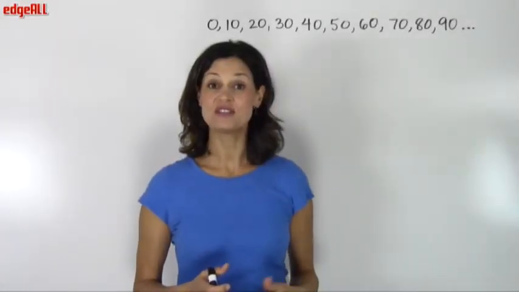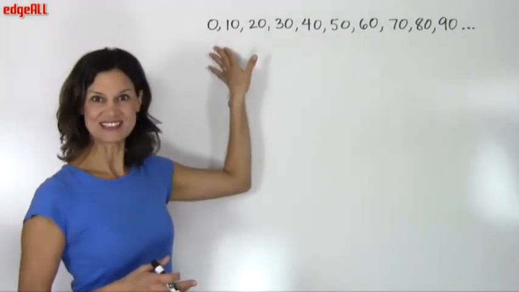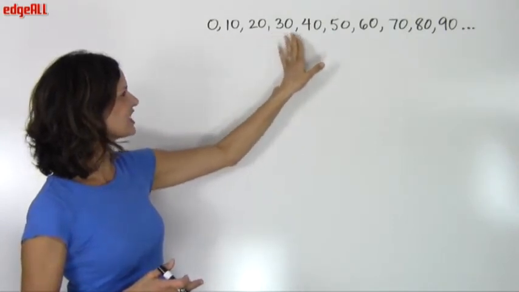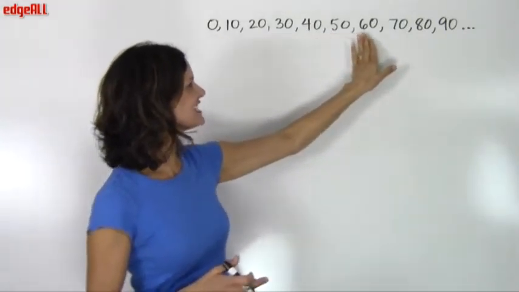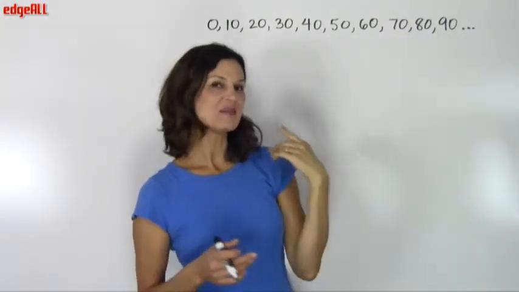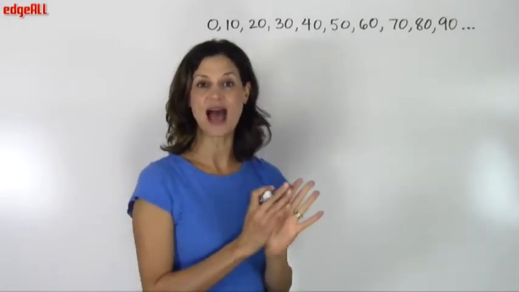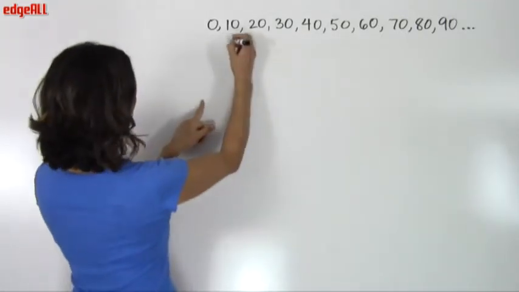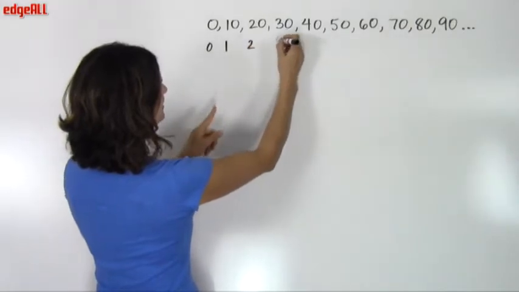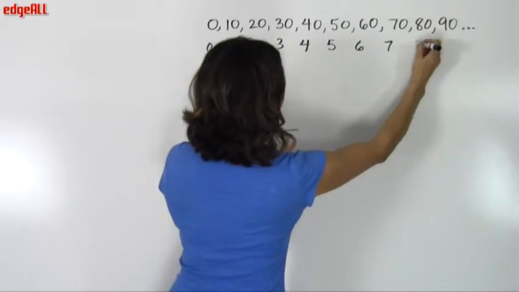If we count from 0 by tens, we get a list of numbers that looks like this: 0, 10, 20, 30, 40, 50, 60, 70, 80, and 90. But if you look carefully, you will see that we're really just counting by ones. So we've got 1, 2, or we can even start at 0: 0, 1, 2, 3, 4, 5, 6, 7,